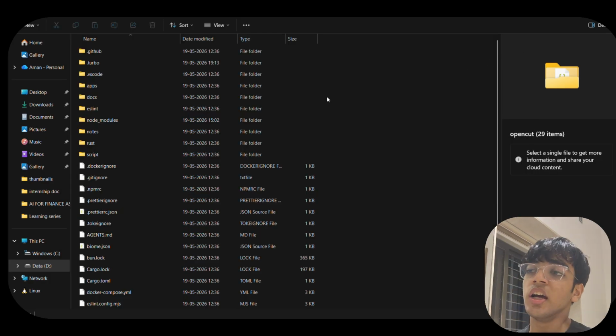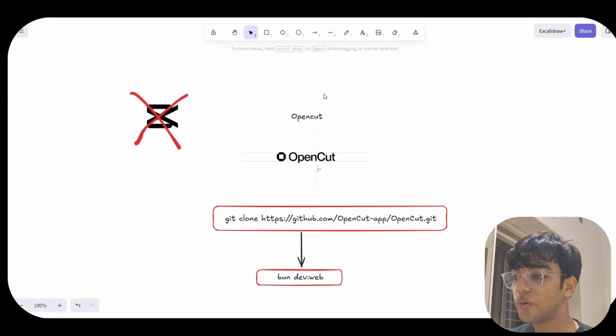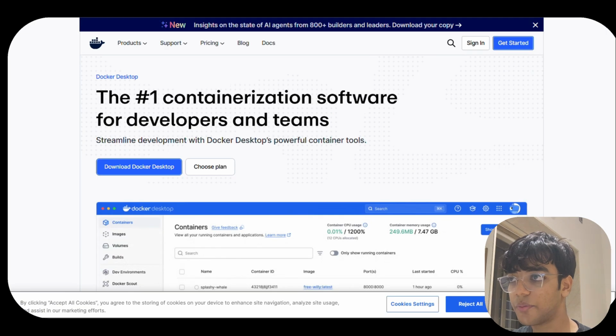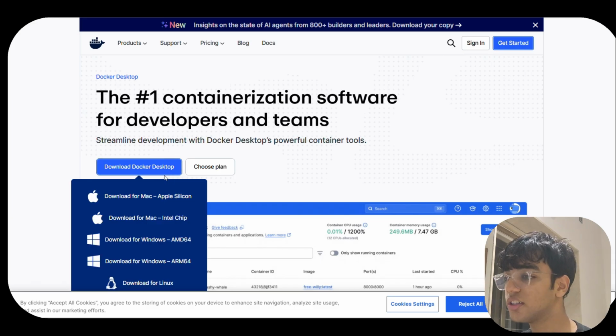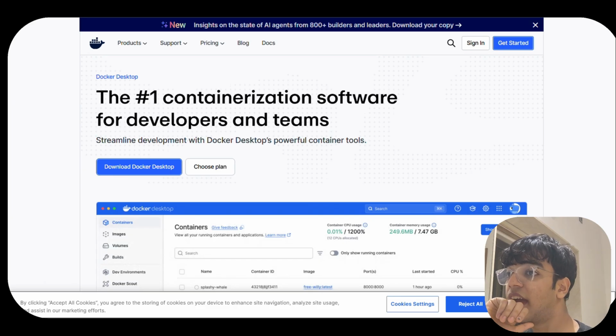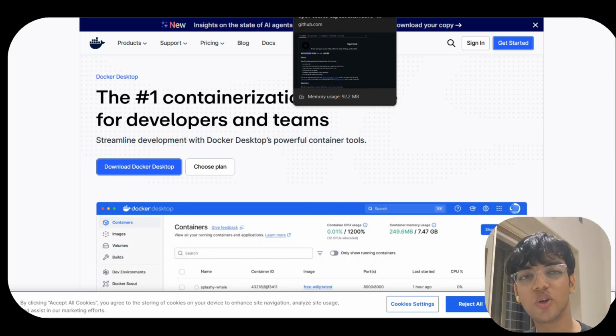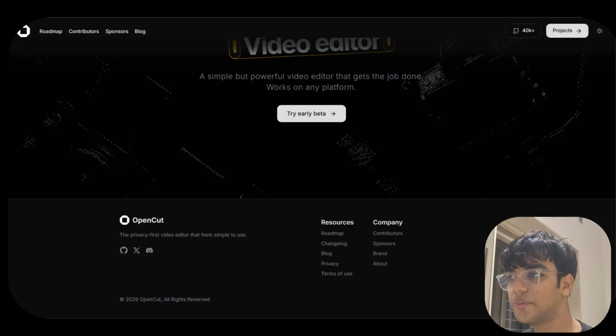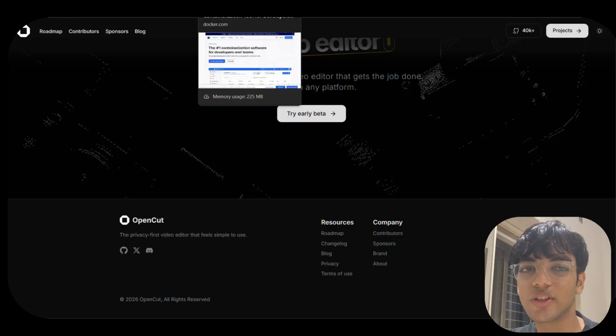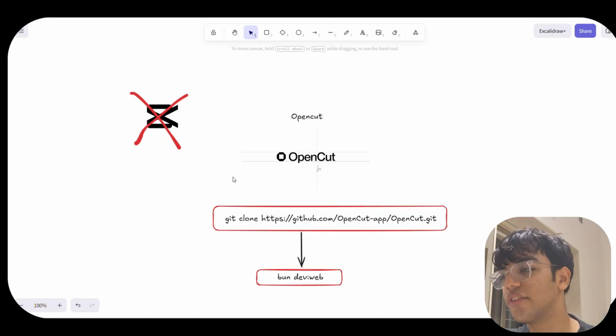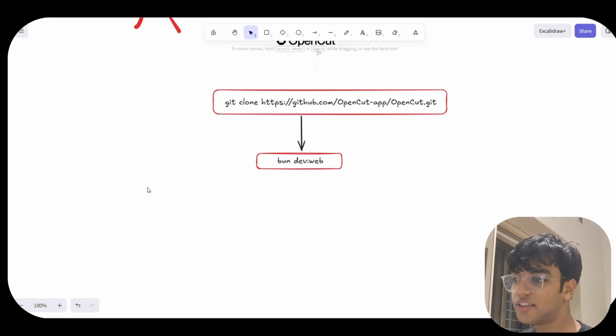Now coming on, as soon as you have copied, one more thing that you need to keep in mind is you must have your Docker Desktop downloaded. So I'll even leave the link to it below. Go here, download Docker Desktop for whatever operating system you currently have, and also WSL. I'm not going that deep because you can figure it all out with ChatGPT. Just go there, put in that you want to download and configure this. It will give everything. So that is it.